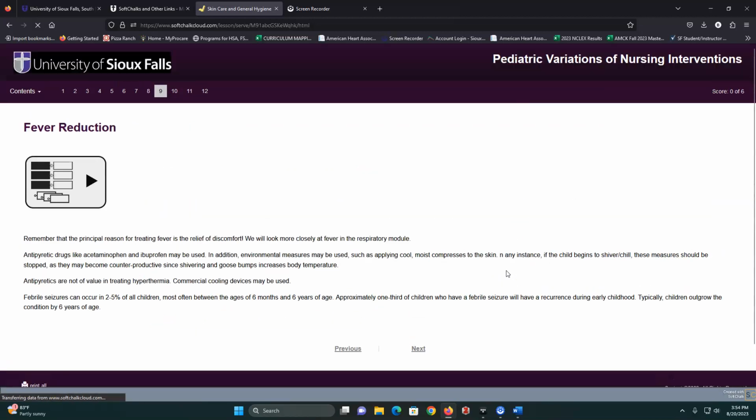So with fever reduction, that's a major consideration for kids. And of course, when we've got a fever, we don't feel good. So then we talk about fever reduction for that aspect of it. We give the Tylenol and Motrin if they're over 6 months of age. But we try to reduce that fever because of discomfort, because nobody likes having a fever.